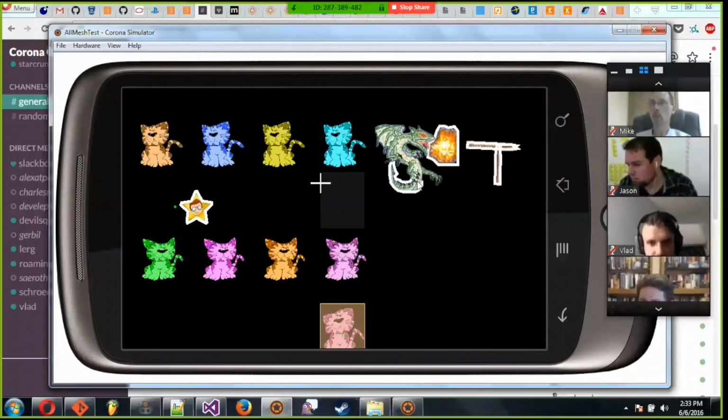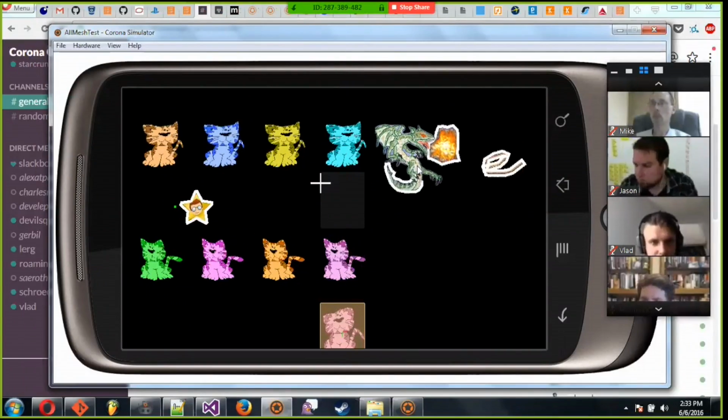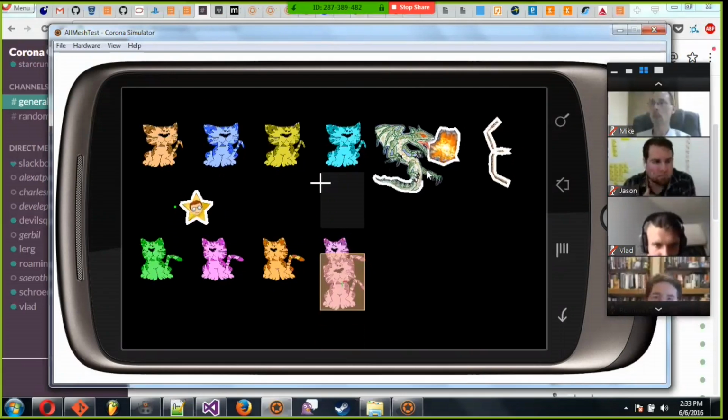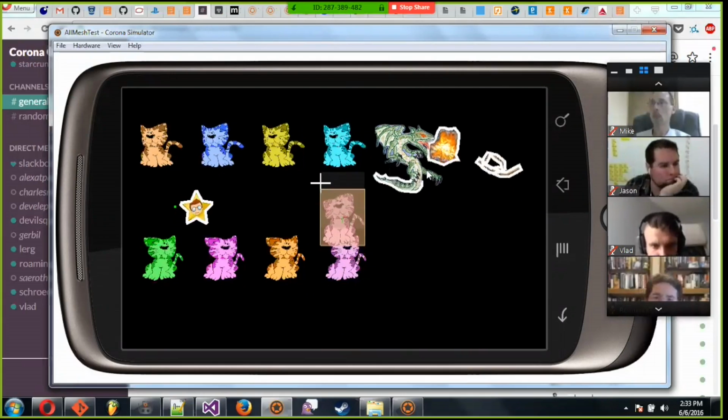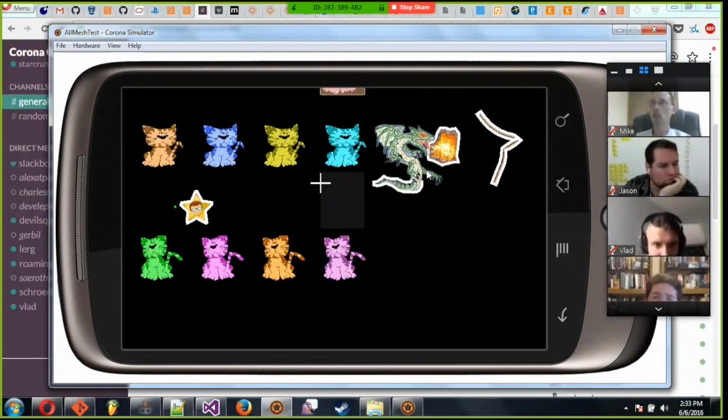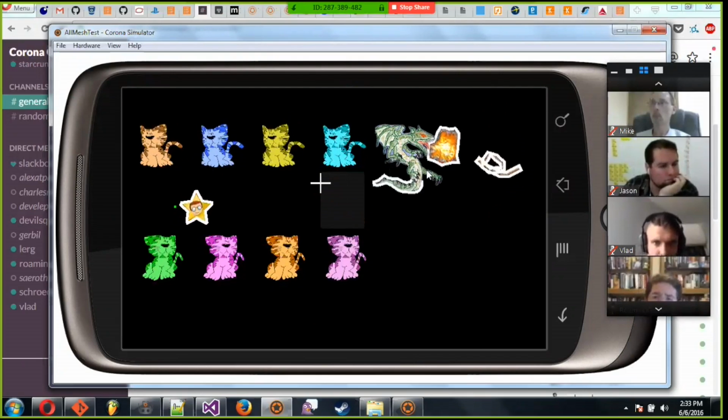If you look at the tail of this dragon here, or the rope, it's not only the corner part of the object that's changing.